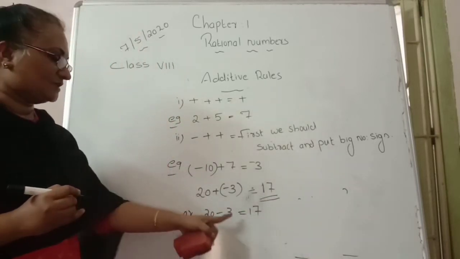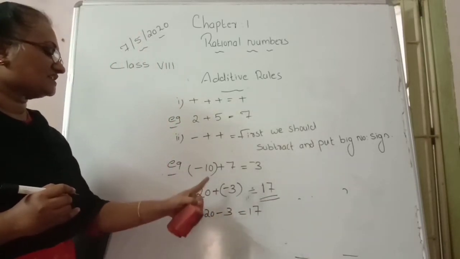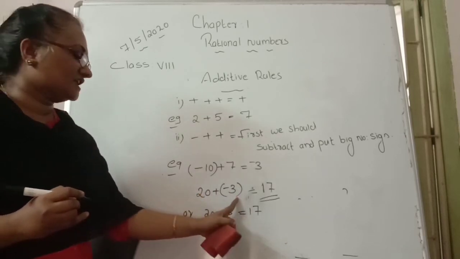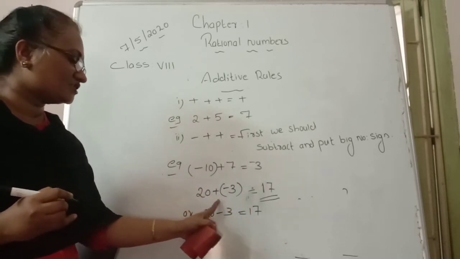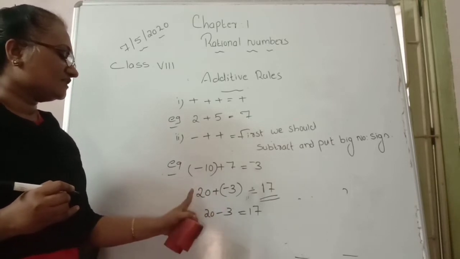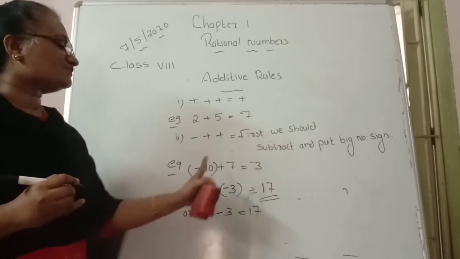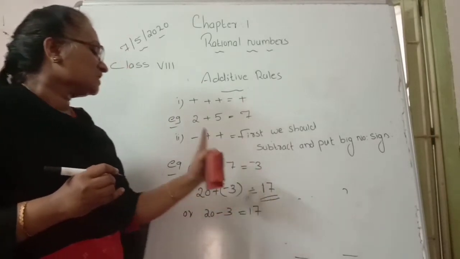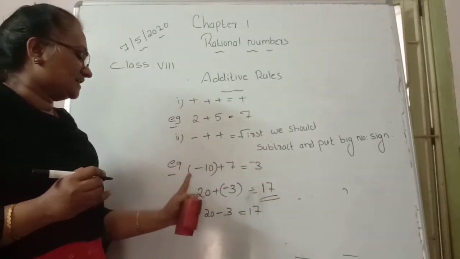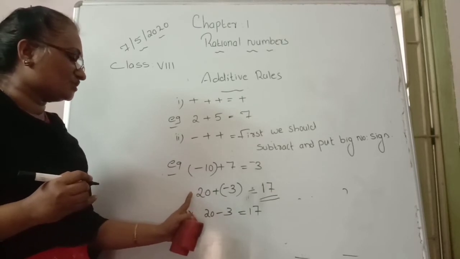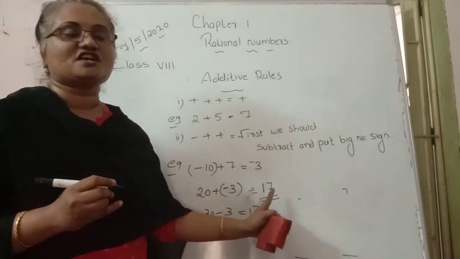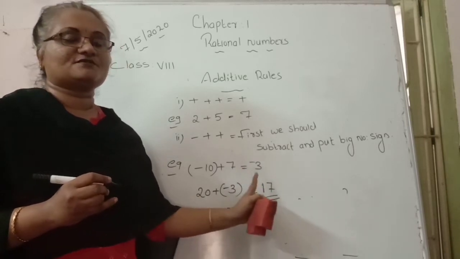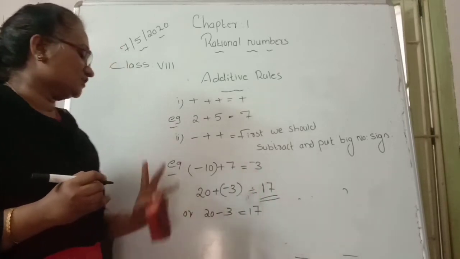So in this way, rule wise, when telling, minus plus 20 and 3 is a negative integer. Our operation is positive. So what we want to do, opposite sides means first we subtract: 20 minus 3 comes to be 17, and the bigger number here is 20. That's why we put a positive. Positive means it is understood without a symbol, it is a positive value only.